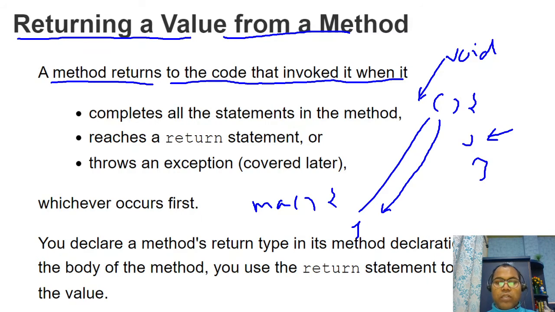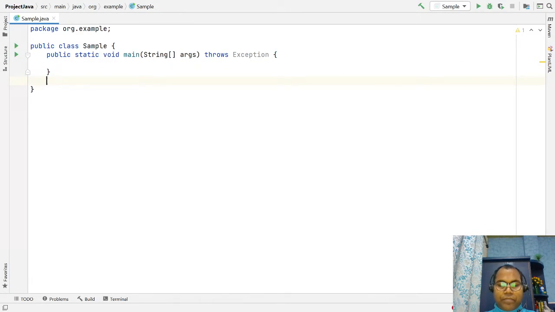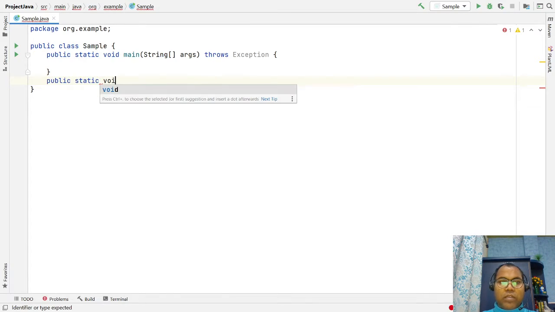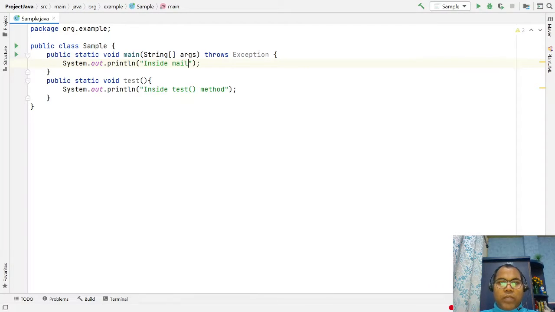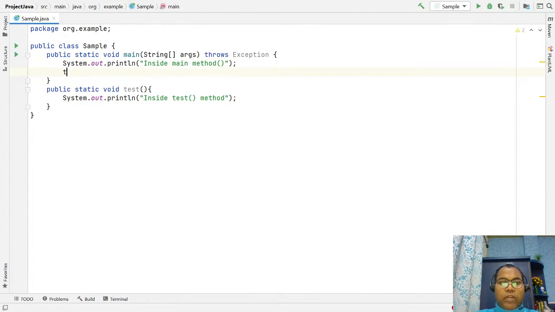Let's say I have written a public static void test method, and we have a main method, which invokes the test method.